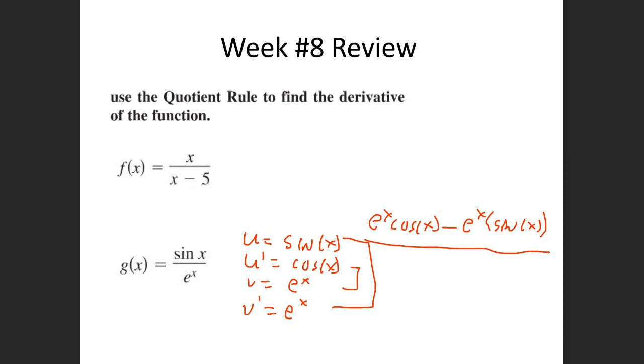Well, the bottom is e to the x, so I could write it like this, e to the 2x if I wanted to, or I could just go e to the x squared, which is perfectly fine. Either way would work. Now this one you probably could factor out an e to the x and then cross one off on top and bottom, but it doesn't matter if you do or not. It makes no difference. So that is the quotient rule. Now this week we're going to be talking about the chain rule, which is,